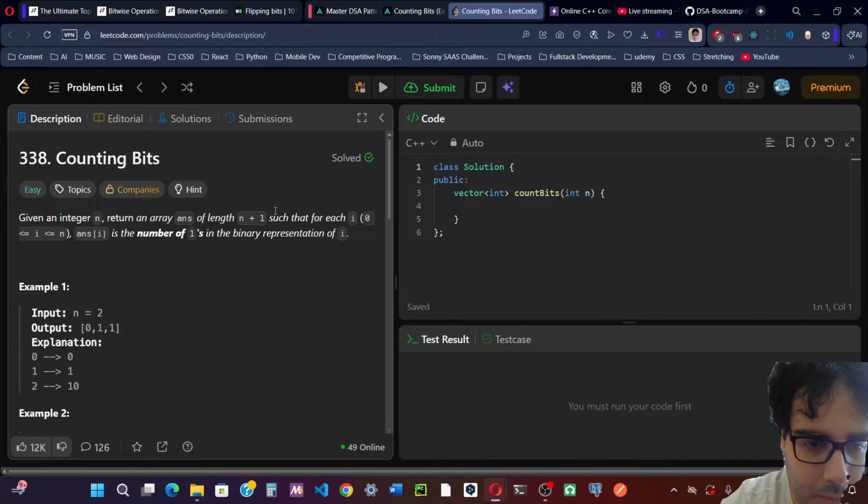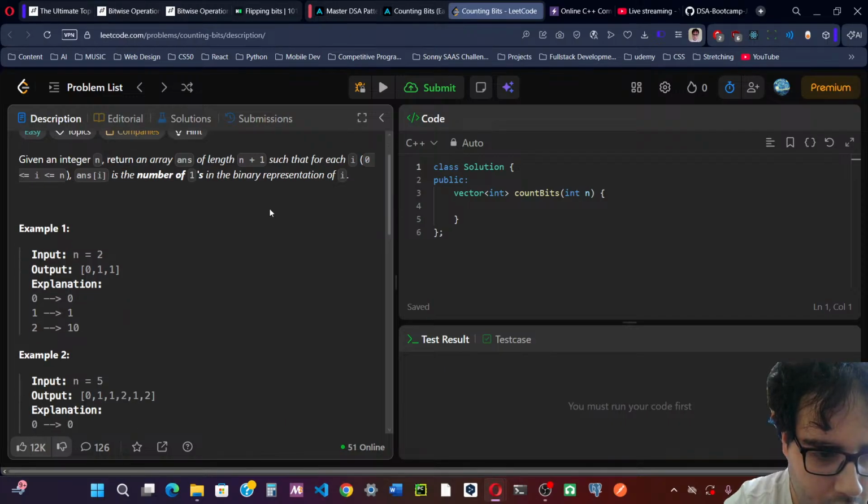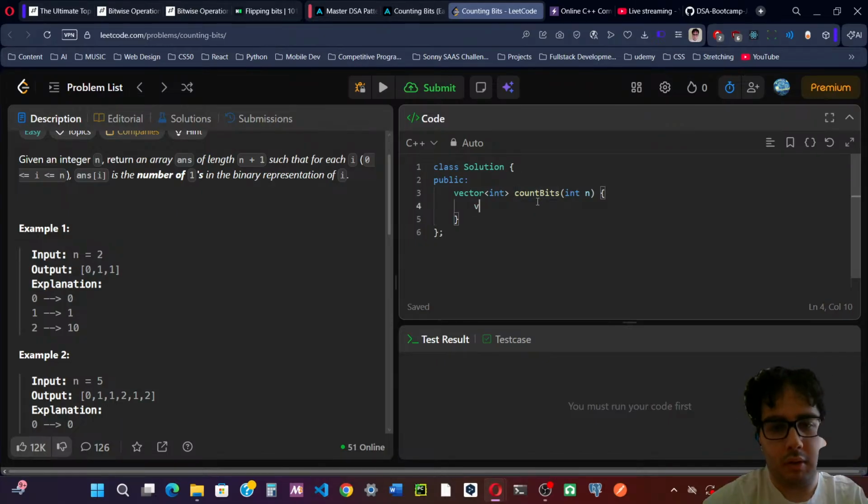Return an array of length n plus 1 such that for each i, ans[i] is the number of ones in the binary representation of i. Okay, so basically,